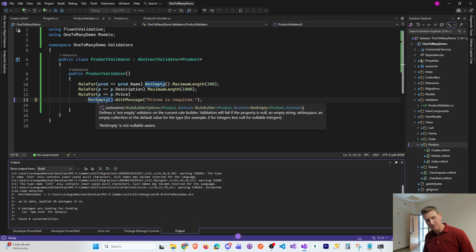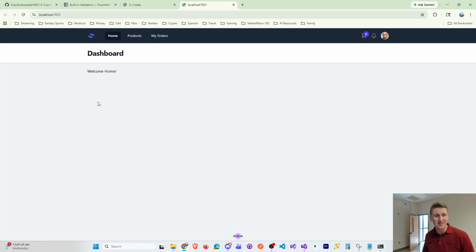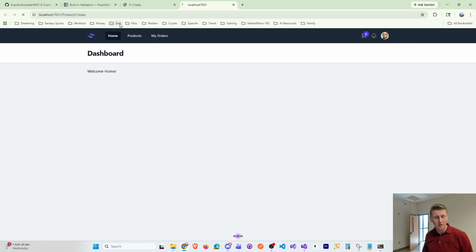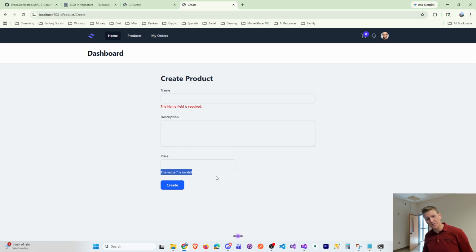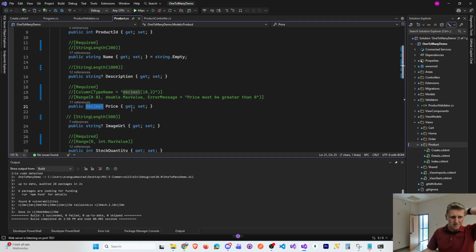Obviously, null is different than empty. An empty string is technically what that is. The way that would be submitted would just be an empty string, but still I get the value blank is invalid. And the solution for that, as we've seen before,